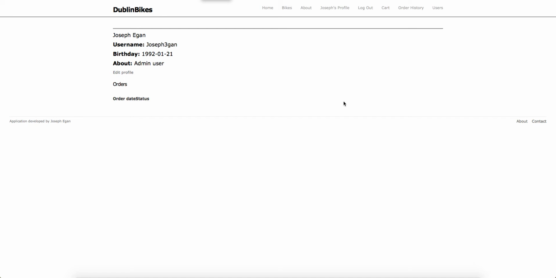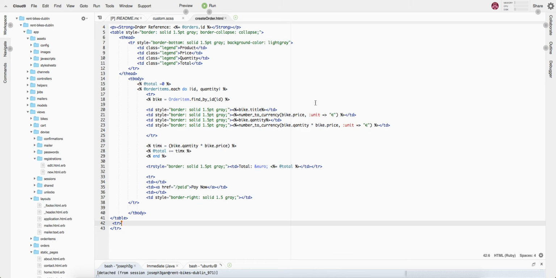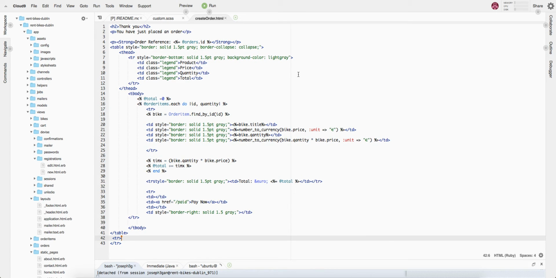So in order to allow a user to log in, we used Devise, and Devise was slightly modified to allow other fields to be entered, such as username, birthday, about, email, password confirmation, etc. I found a very useful tutorial which I'll link in my report to help me do this, and I would like to show some of the code used on the application now in the Cloud9 platform. So Cloud9 was the environment used to create the application,